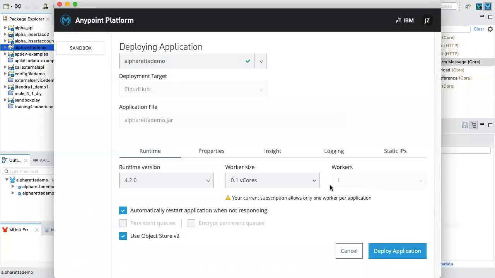The problem with shared load balancing is this domain name, Alpharetta demo dot whatever the region dot cloudhub.io. I cannot have shivasoft.com. I cannot have apexserver.com. If I want my dedicated domain name, I need to have a dedicated load balancer. But again, that's a different story. The option is yes, you do have that opportunity. This one is shared load balancing. All you have to do is just change this number from 1 to whatever number.